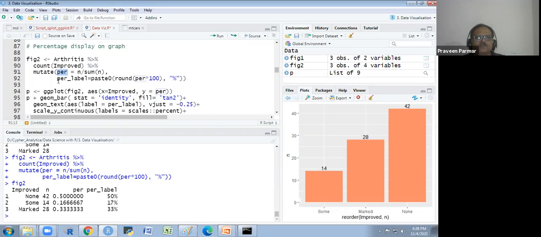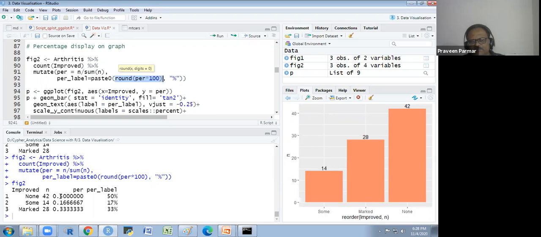Then we are making another column per underscore label, which is the paste 0. Paste 0 means this and this we are pasting. So what is this? This is the per, what we are getting, 0.50. We are rounding it off, after multiplying by 100. So first we multiply this by 100.